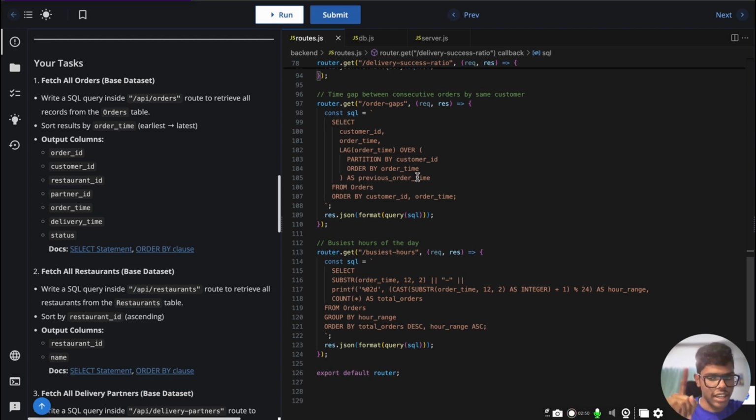Now, the time gap between consecutive orders by the same customers. So we have LAG here. Remember, for time gap of anything where you have to take the previous one, we use LAG. So select customer ID and order time. This is the current order time. LAG order time over partition by customer ID. So we'll get the previous order of each customer on the basis of customer ID. Then we take it as previous order time. Then we calculate the difference between current order time and previous order time from the orders table,